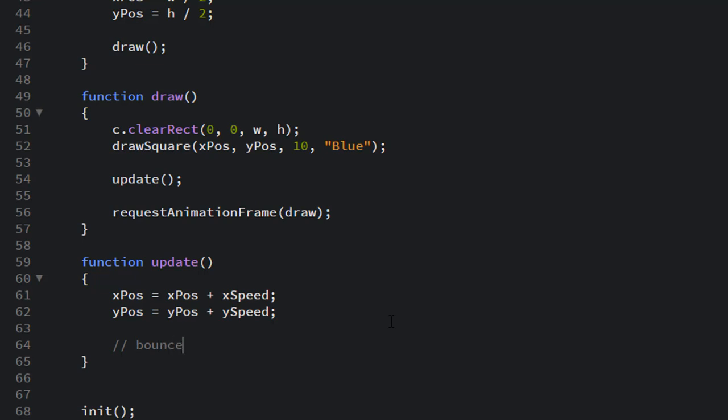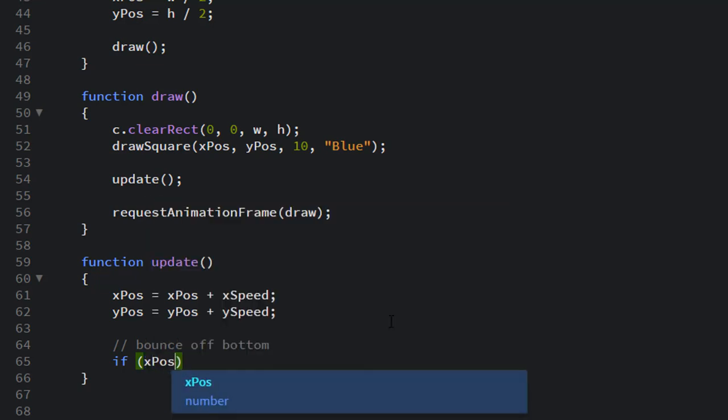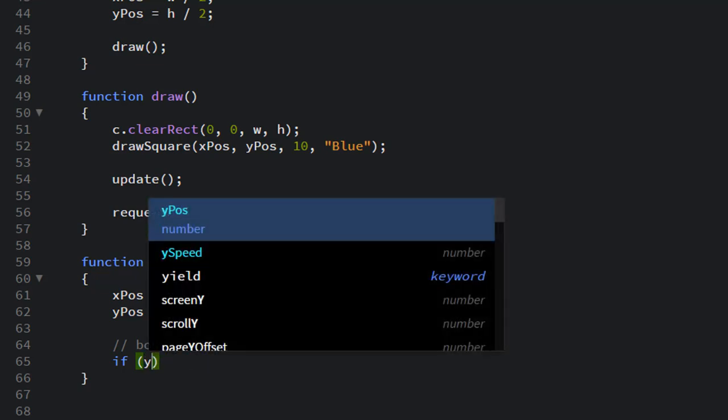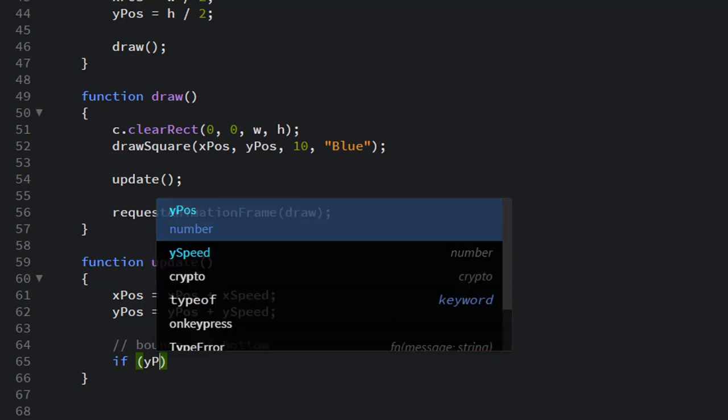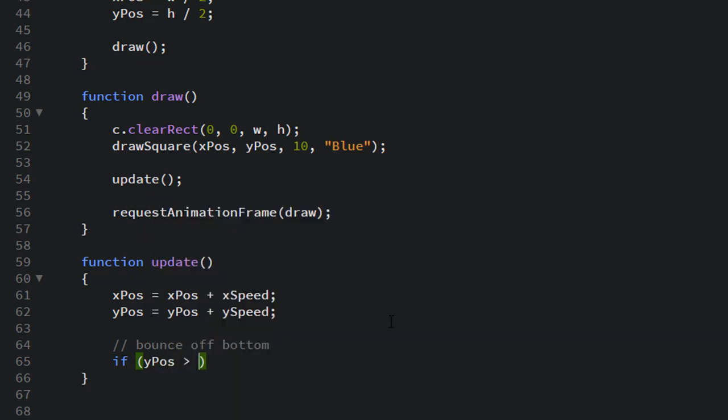And so what we're going to do first here, let me add a little comment. We want to bounce off the bottom first, okay, since that's the direction we're initially going in. And the bottom of the screen, in order to bounce off that, we're going to have to use an if statement and say something like this. If the x position of our little square is greater than, oh sorry, not x, back up, y. We want to deal with the y-axis here because we're dealing with the bottom of the screen. So we're dealing with the up and down location of the square. So let's start with y position. If the y position of our square is greater than the height of our entire canvas,